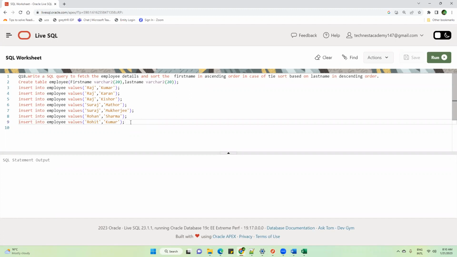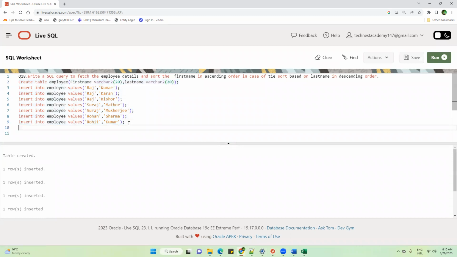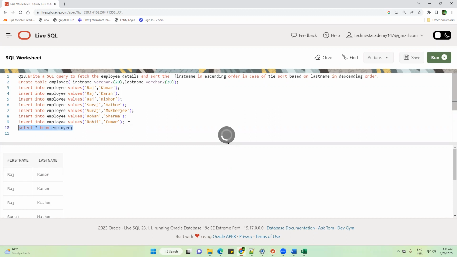I have taken this question so that from it we will revise the concept of order by and then proceed further. In general, I request everyone that when you're attending the class, please revise the concepts we discussed in the previous class. That will help you understand the concepts we discuss down the line. Here is an employee table, and you are free to ask questions and make the session interactive. Don't just digest whatever I'm teaching. You should challenge it. Feel free to ask any question, silly or intelligent, whatever is coming to your mind.